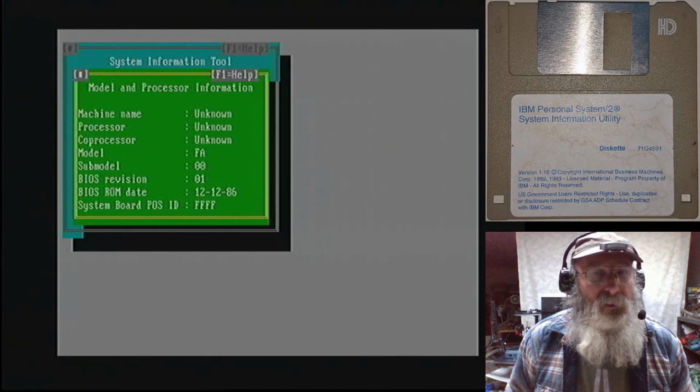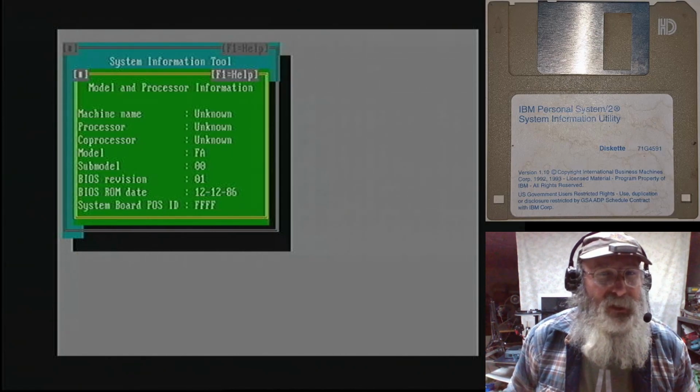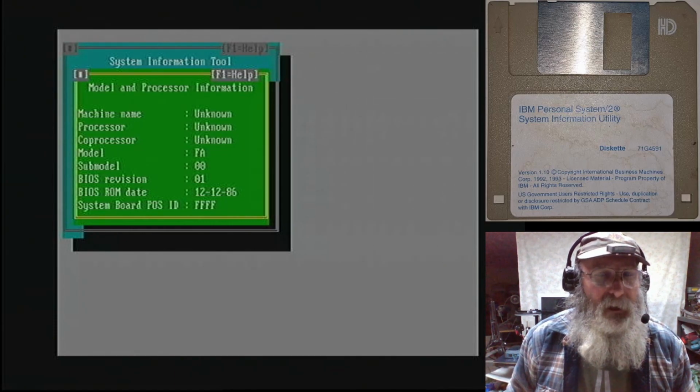For the model, we get very similar information as the Microsoft Diagnostic, or MSD, would give, with the model. And the 8086 based Model 25 and Model 30 are the only ones that have a BIOS model identifier of FA for having that 8086 CPU. And